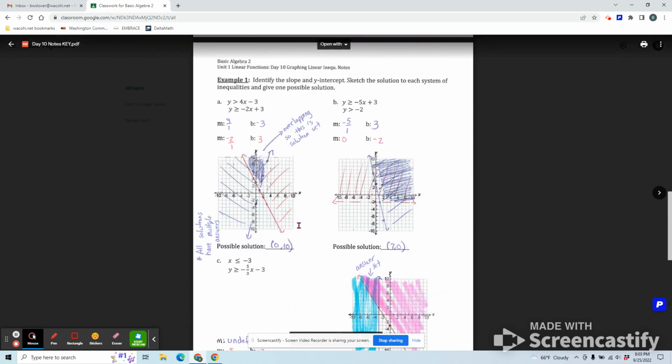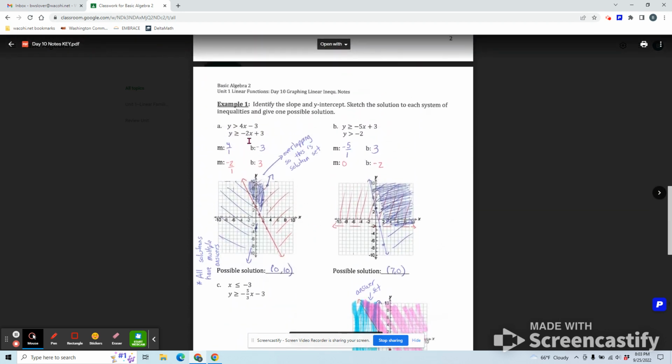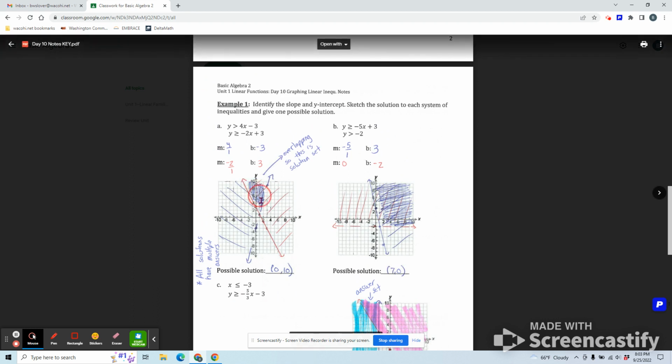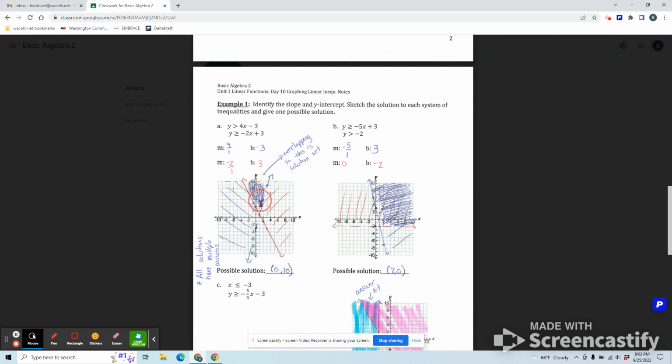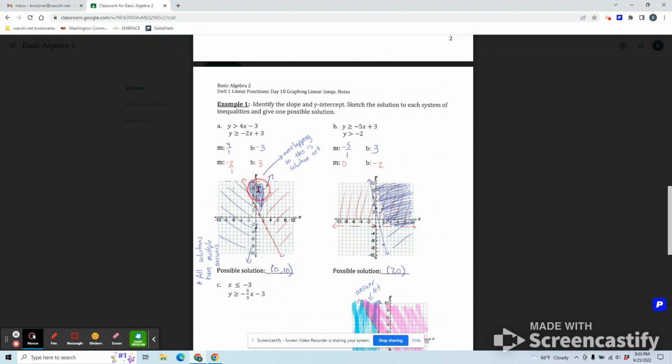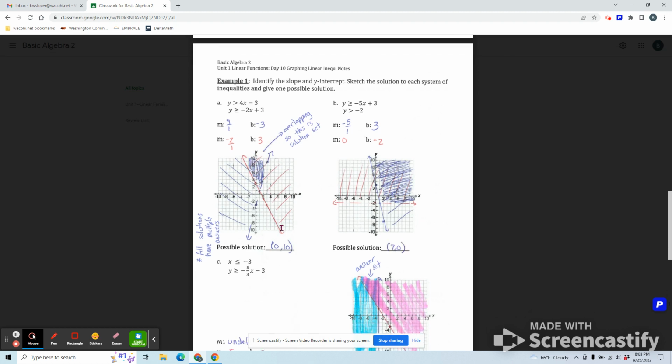Okay, so the big takeaways: make sure you're identifying the slope and the y-intercept. It's there to help you graph. Where it overlaps, that is your solution set. You need to make sure somehow I can figure out what your solution set is. So if you notice, I just have a little bit of lines for my shading, but then at my solution set, it gets pretty dark. I would suggest maybe doing the same thing or using a highlighter like